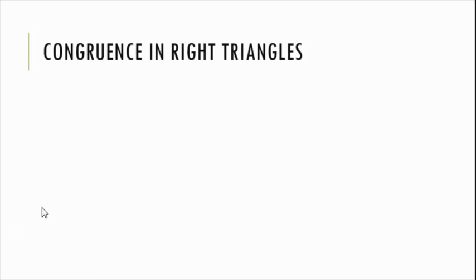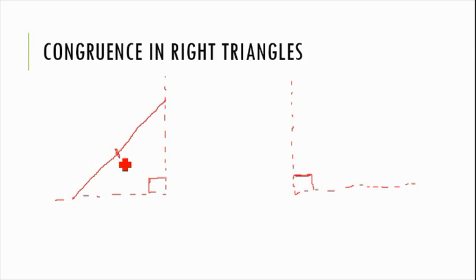That means that if I have a right angle on one triangle and a right angle on another triangle, and they both have a hypotenuse that is the same length, so they are congruent, and then one of the sides is also congruent,